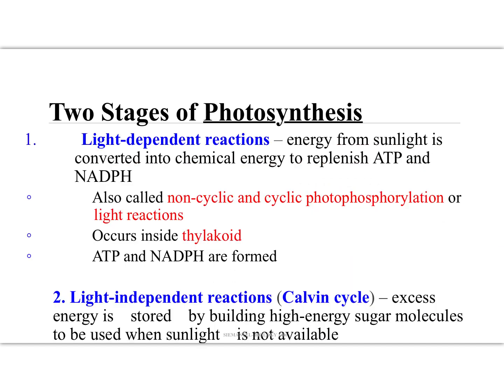Photosynthesis takes place in two major stages or major reactions, and they are known as the light-dependent reactions and the light-independent reactions. Your light-dependent reactions require energy in the form of sunlight. They cannot do their job if they don't have light available. That's why they are light-dependent, okay? So they must have energy from the sun, and they utilize that energy to make, or to not make, but to,